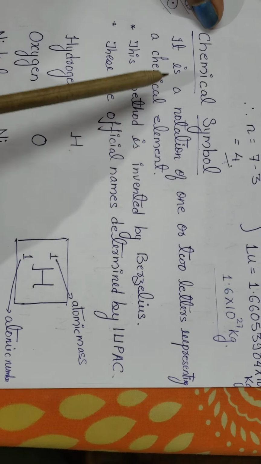Like for example, water is a molecule. This molecule is made up of 2 types of atoms, that is hydrogen and oxygen. So what we have? 2 atoms, one is hydrogen and the other one is oxygen. How many atoms of hydrogen are present in a water molecule? 2. How many atoms of oxygen are present here? It is 1. So what we have now? 2 atoms of hydrogen and 1 atom of oxygen.